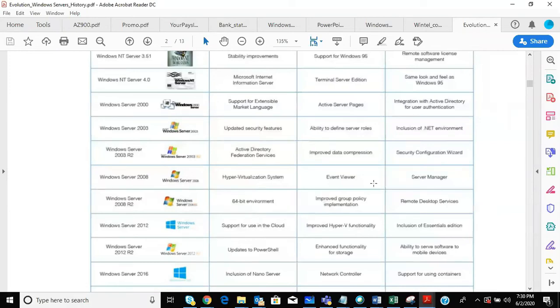Event Viewer was actually common in the legacy version, 2003, also. But what Microsoft did was add more channels. Earlier there were very few channels in Event Viewer; they added more channels related to Active Directory and Windows services. And Server Manager, if you can recall, got introduced in 2008, right?